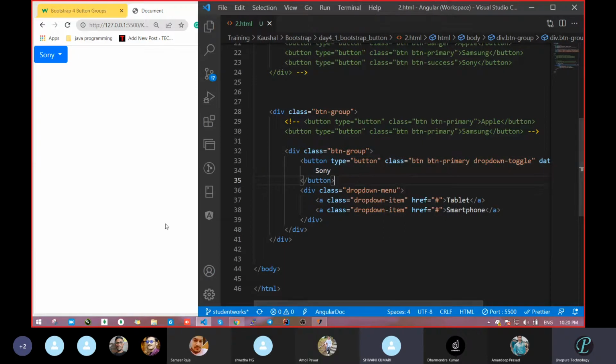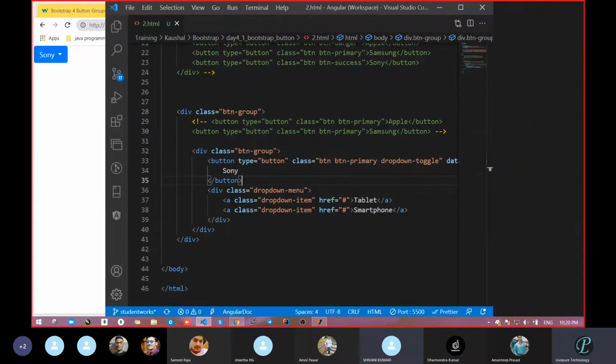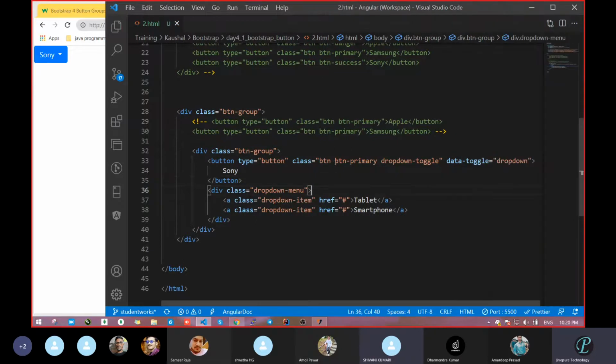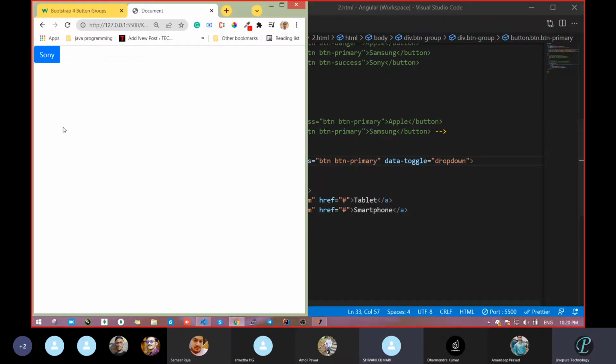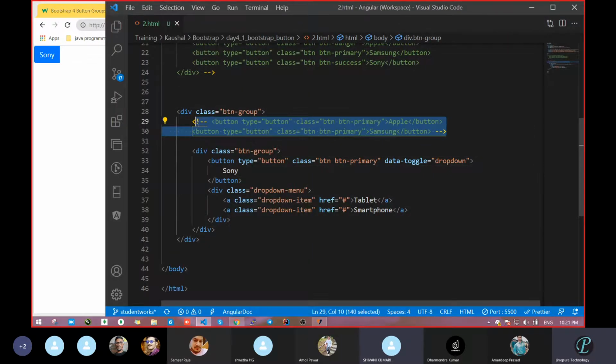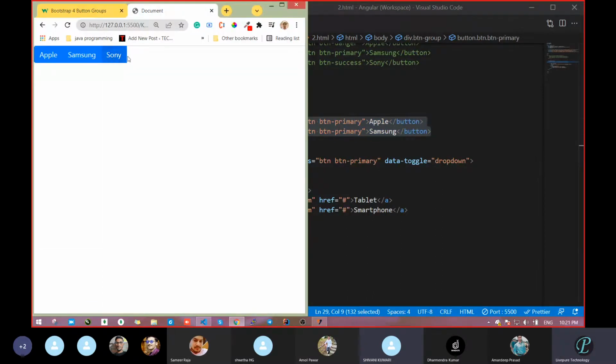But here, in this button group, we took something extra. What is there? btn and btn-primary, that is the color name. Fine. We want a dropdown symbol. That symbol is there. So what is written there? dropdown-toggle. Remove this. Now see, dropdown finished. Now what are you thinking? When we click on this, the dropdown is coming. But where is the icon? Previously the icon was there, it looked like a dropdown. Now if you uncomment both lines, do you realize it will look like a dropdown? Can you imagine that this is a dropdown?